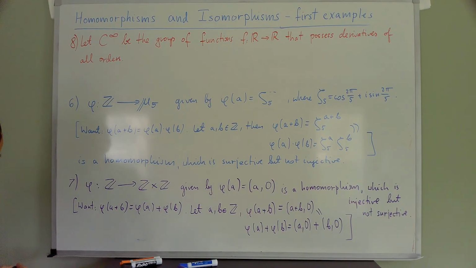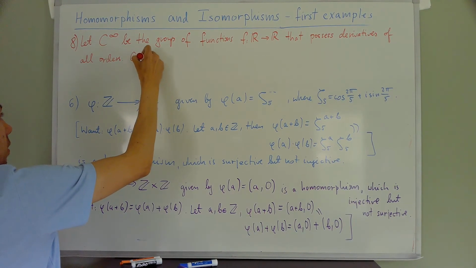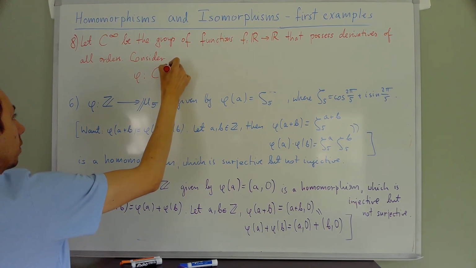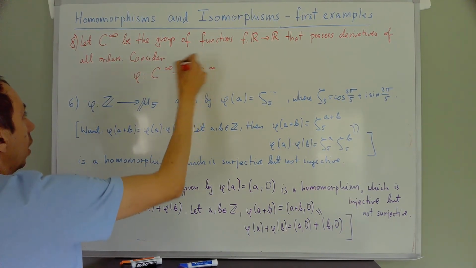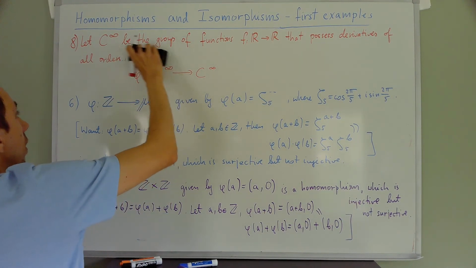I.e. differentiable functions. Okay, so consider phi from C infinity to C infinity. Oh, the group is right. Possess derivatives of all orders